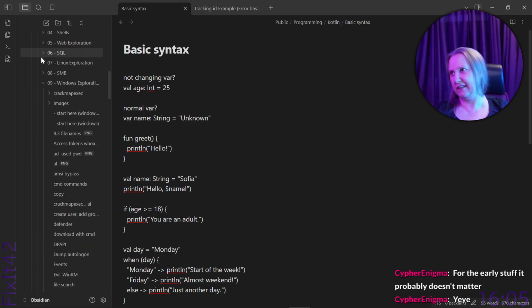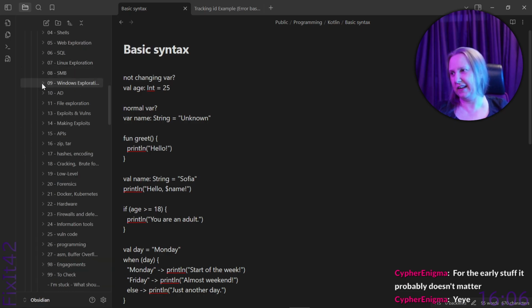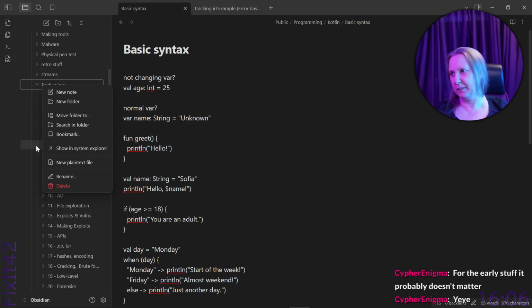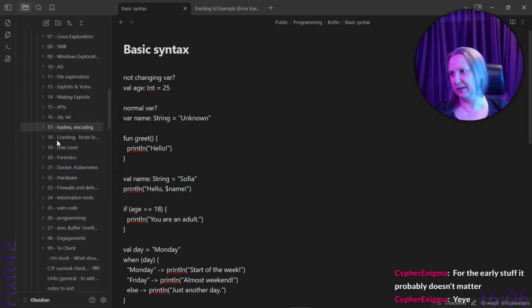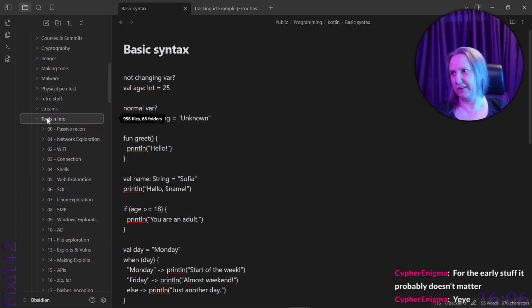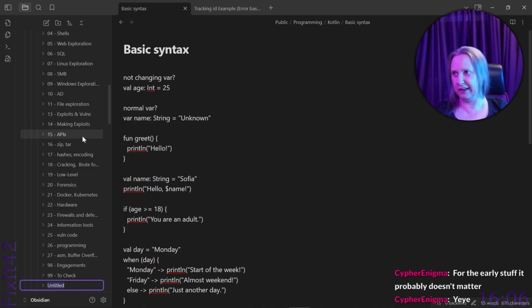We don't have anything about Android yet, but let's add one. So, what numbers? What's our current numbering? So we can do like 30 or something, right? Let's do it a bit later. 30